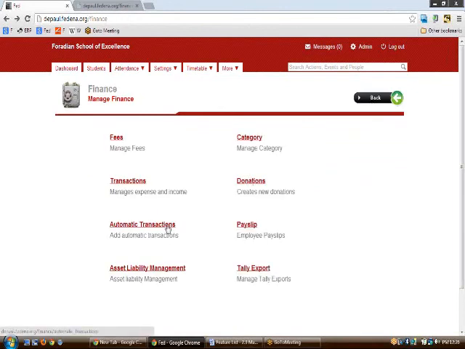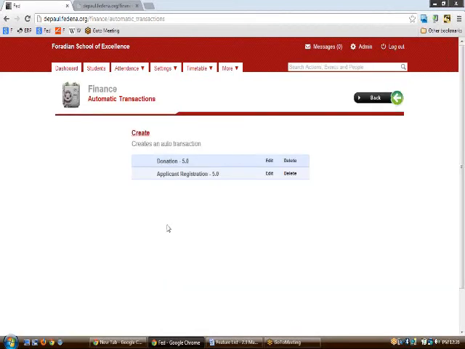Now we would be moving upon the automatic transactions part. Automatic transaction part is a feature where you can create the automatic transactions in your system. Let us say that if you want to have a healthy percentage that is to be deducted from every transaction, let us say that you have some kind of tax or cess for every transaction, then you can just create a 5% amount which can be deducted from the transaction that has come. I have created here donation 5% and the application registration 5%.